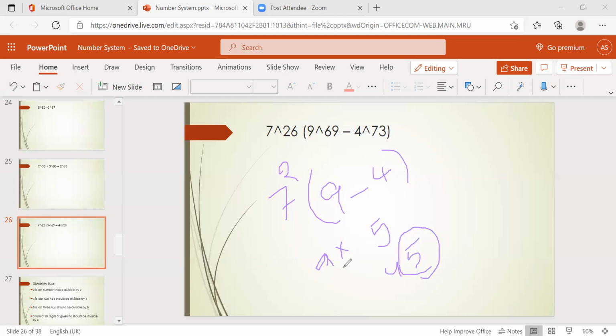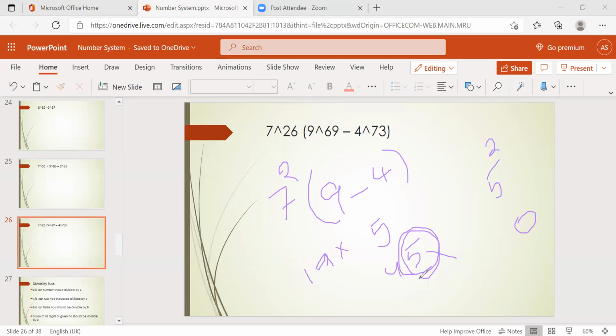See, here also, if suppose it's 19 or some other number, no need to find this thing. So 5 into any odd number will give the unit digit 5. 5 into any even number, the unit digit will be 0, right? So you can find it like this. So the calculation is made simple. That means if you do fast calculations, that's it.